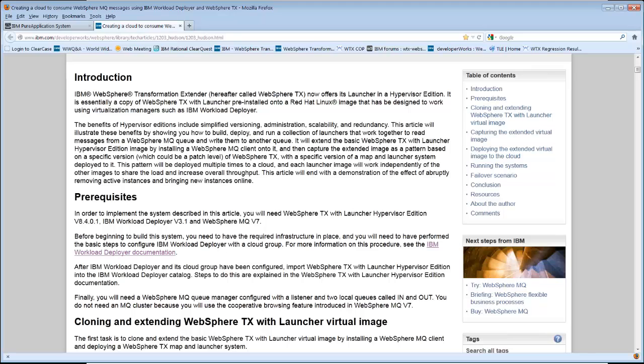So the article talks about how one can actually deploy a launcher instance and install an MQ client, capture and